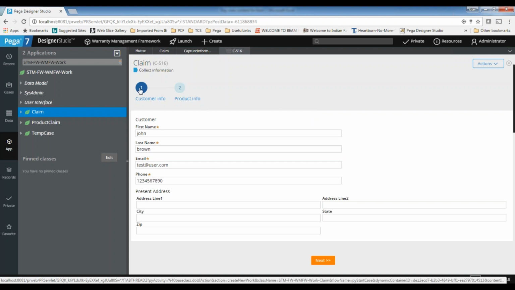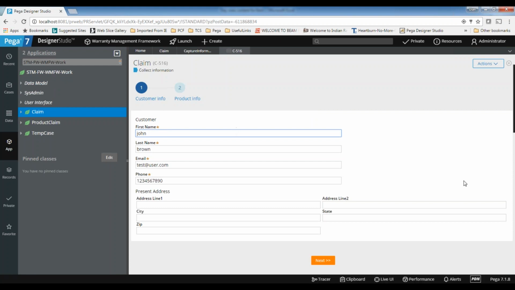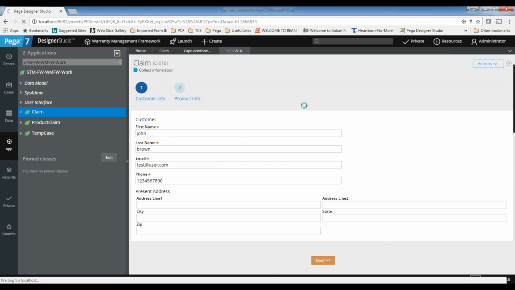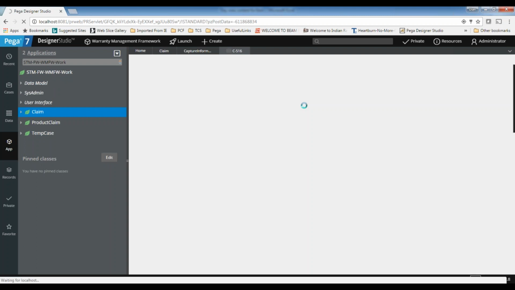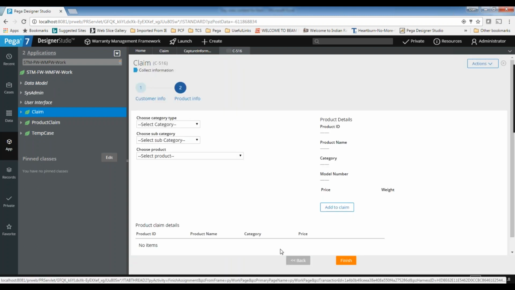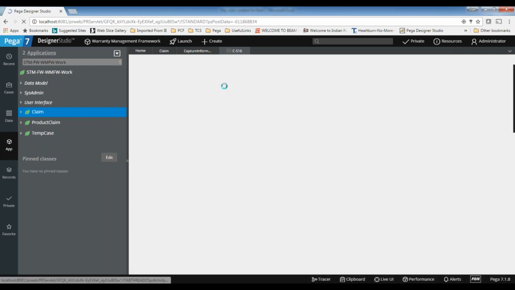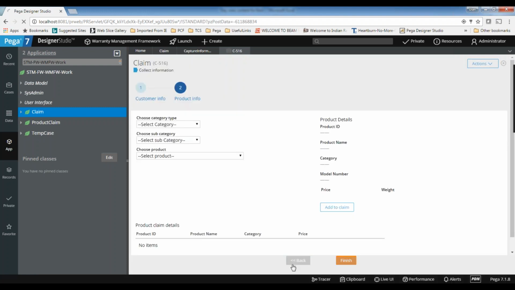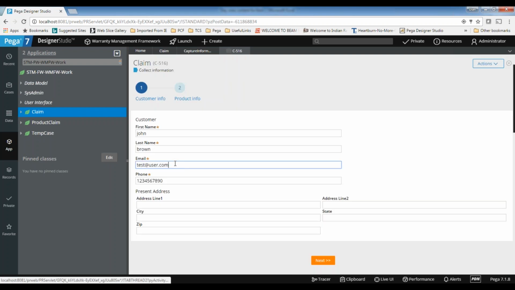So this is how we will get it. You can see bubbles are coming. This is a tab structure, and you can enter the data and go next, and come back. You can also use the back button. You can come back, or you can also use these bubbles. By default, bubbles also act as navigation buttons, and you can also use the navigation buttons as well.